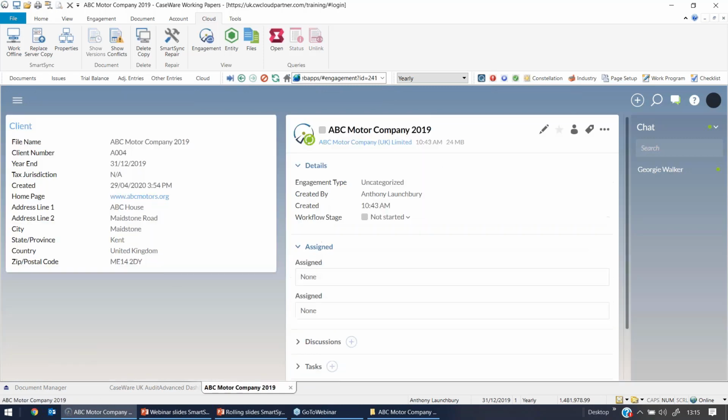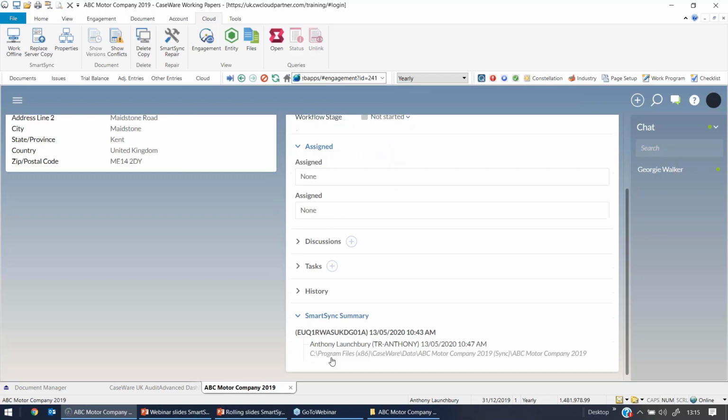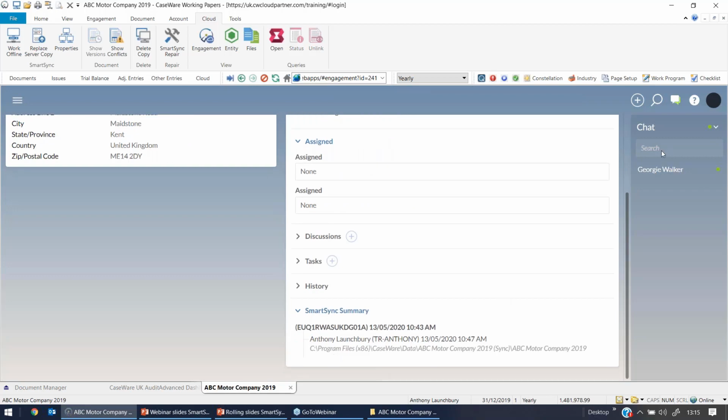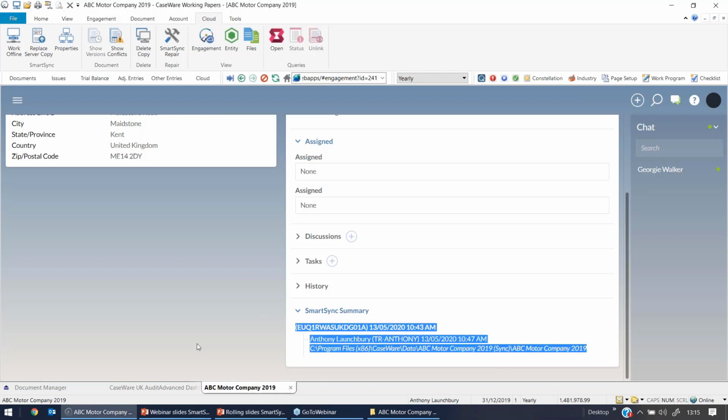I know you said you have, Georgie, but it did take a little while, so it has been removed now. Super, and that's been confirmed on this SmartSync summary here as well. We can see that's removed. We've now only got one copy left. So this one here is the one maybe we want to save onto our server. We want to keep this data set, but we don't want it to be linked with the cloud, to make sure that if we do change something on our local server,